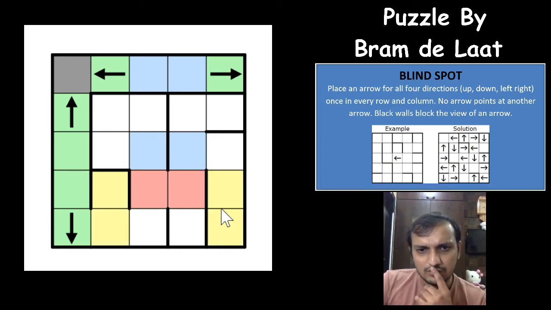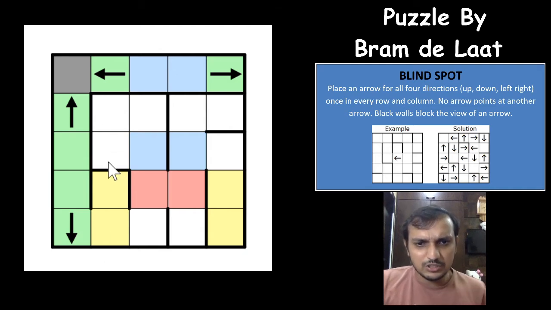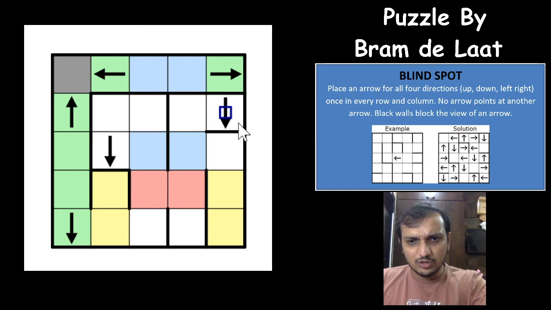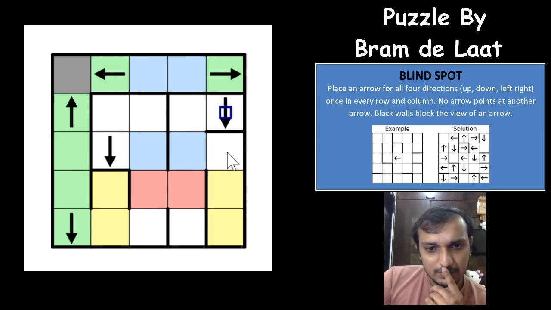These cells also cannot have the lower arrow. This cell cannot have the lower arrow, which means this cell would have to be the lower arrow. And in this column, this cell would have to be the lower arrow. That's excellent. This is kind of an X-wing in a Sudoku, right? So lower arrow in this cell would have to be this cell in this column, and in this column it would have to be this cell, right?